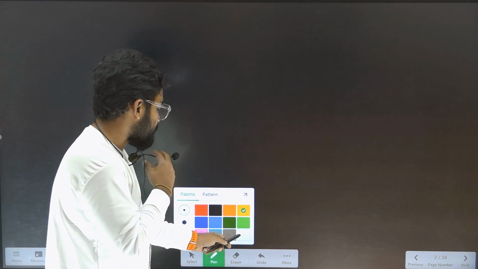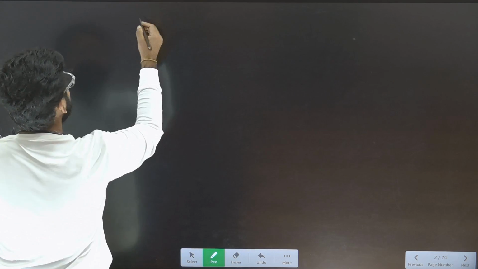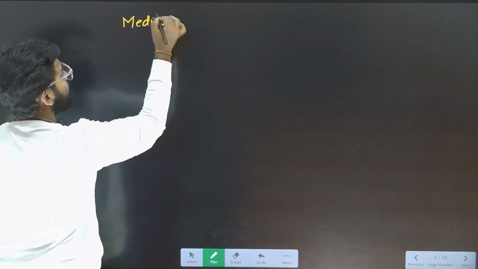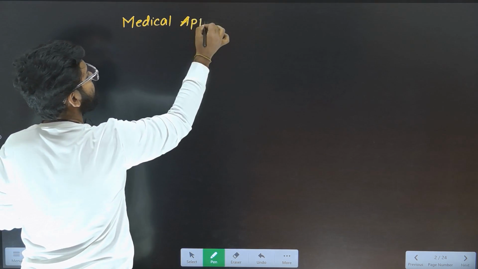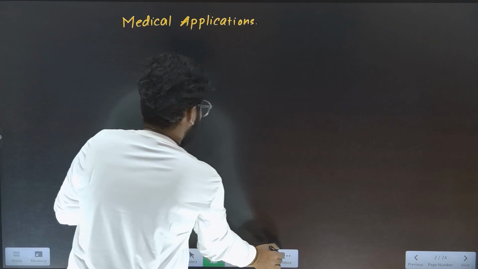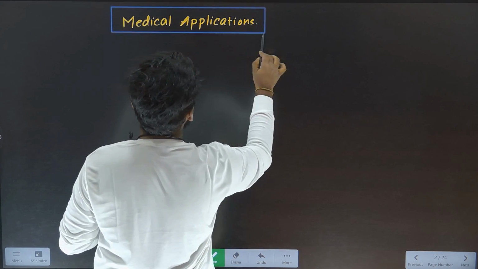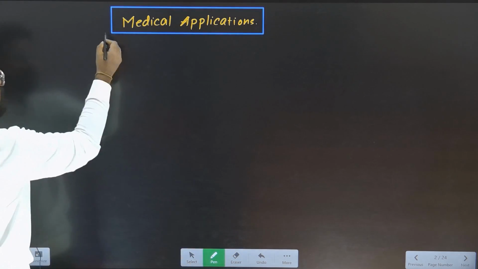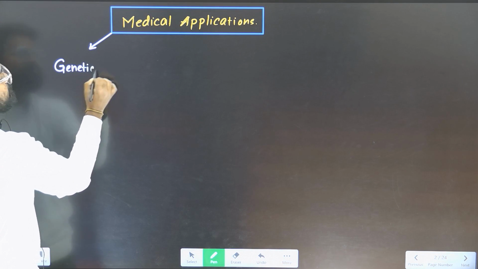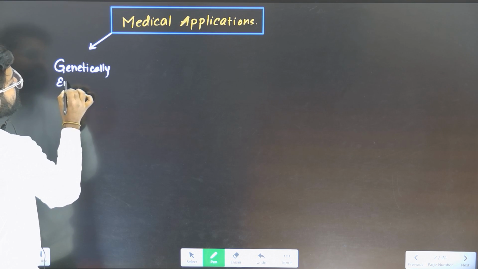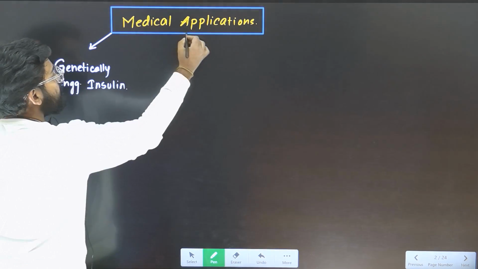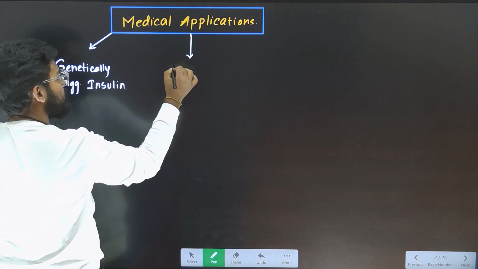Before we dig into the topic, genetically engineered insulin comes under the subtopic medical applications. In the topic medical applications of biotech, the first topic as per NCERT is genetically engineered insulin. The second topic we have is gene therapy,